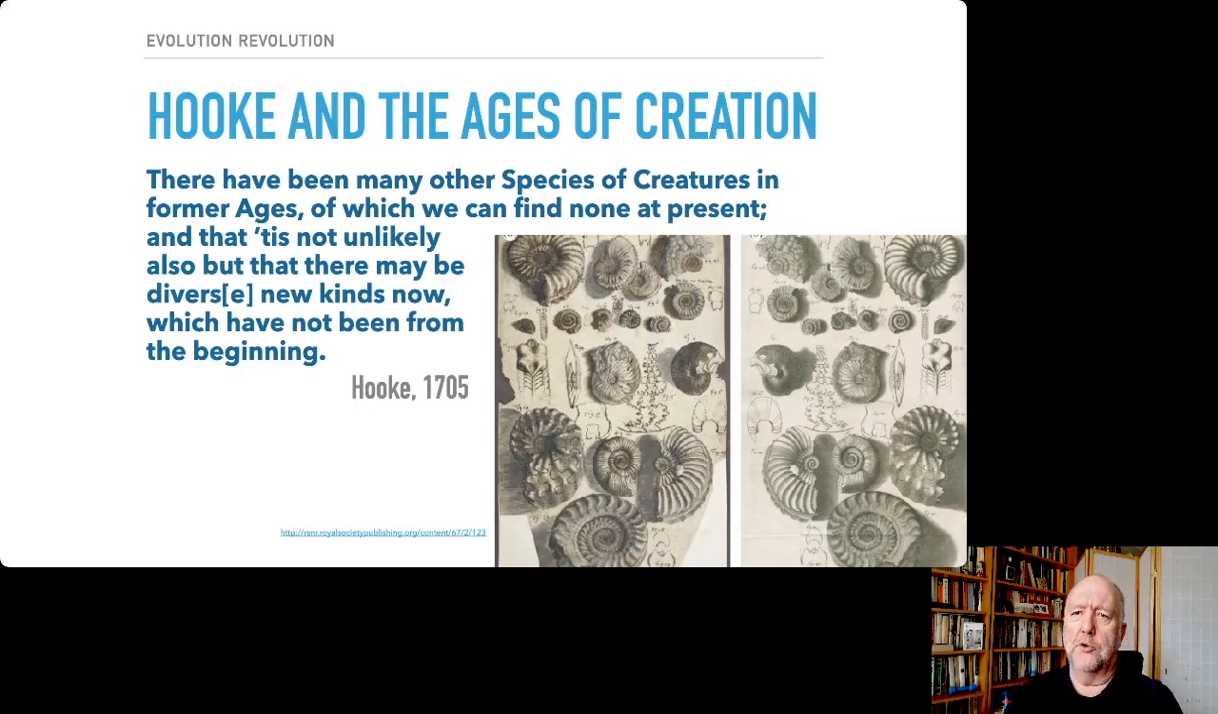Here's Robert Hooke, whose wonderful book, Micrographia, is something that you should have a look at. It's got some great drawings from under the microscope. But in another context, Hooke wrote, "There have been many other species of creatures in former ages, of which we can find none at present, and that 'tis not unlikely that there may be diverse new kinds now, which have not been from the beginning." That's an absolutely radical statement in the early 18th century,